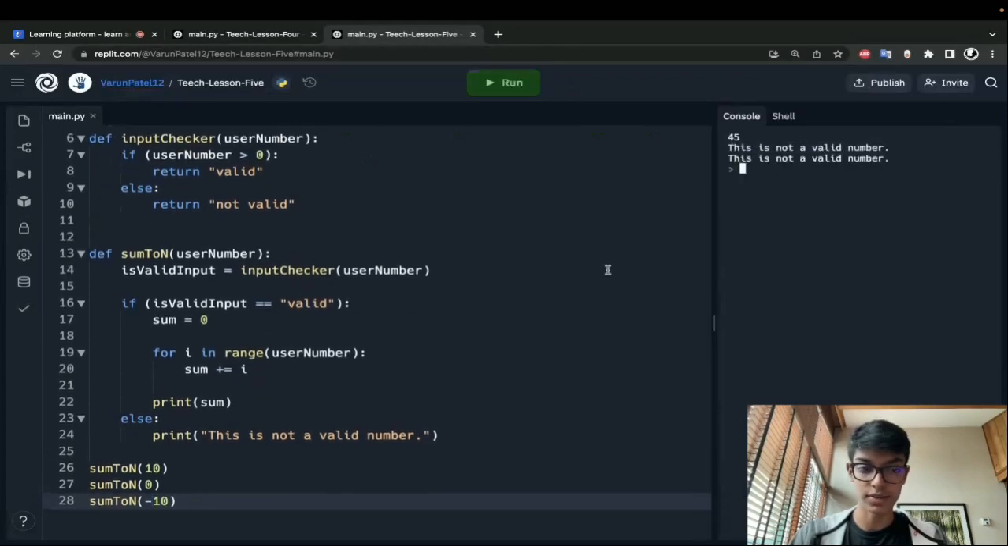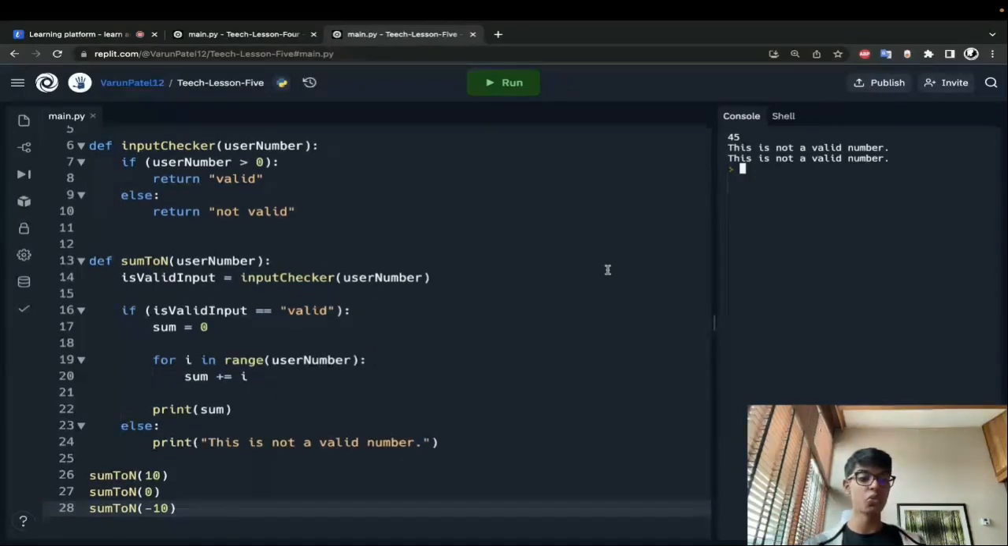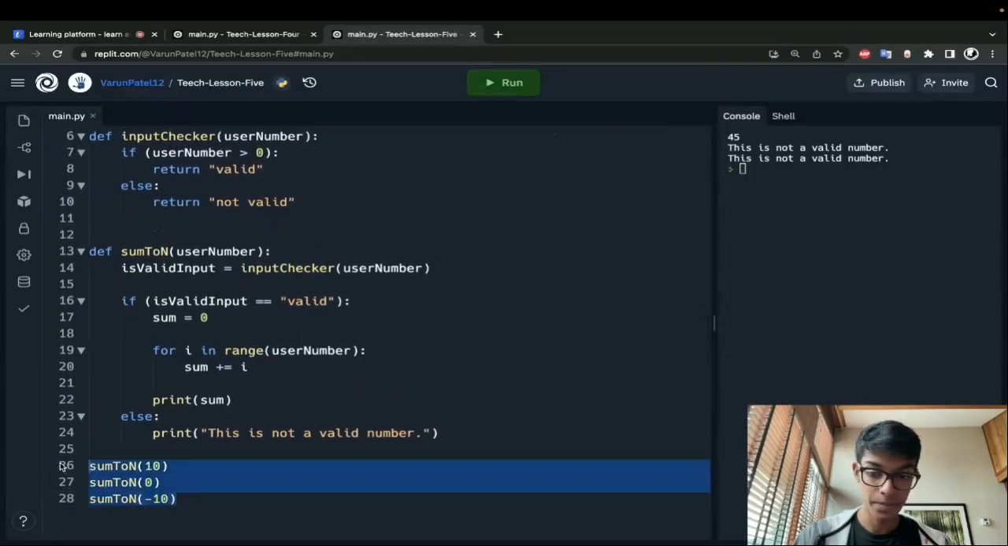This is not a valid number. This is not a valid number. So it's working, right? Now let me actually go over, because I did a lot there. Let me go over what I've done. Just to reiterate,